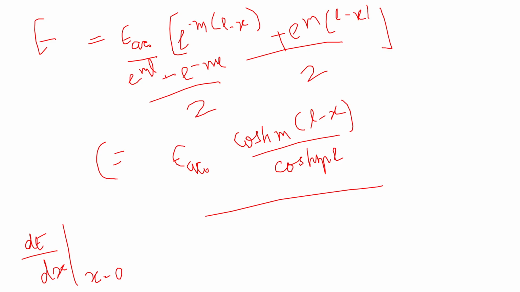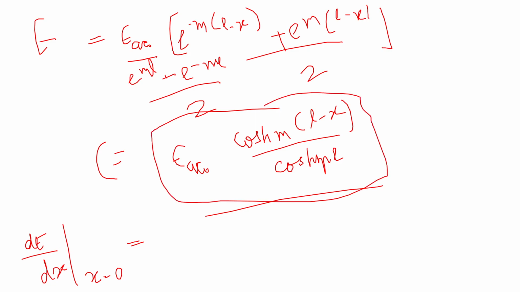Have you got? Anyone? What is d by dx? Can anyone tell? I'm differentiating it with respect to x, this entire equation. This is a constant, it's not a function of x. This is a constant, it's not a function of x. Then which term will keep changing? It will be cos hm into L minus x, right? That's a function of x. So how will it become? So let me write down all the constants or